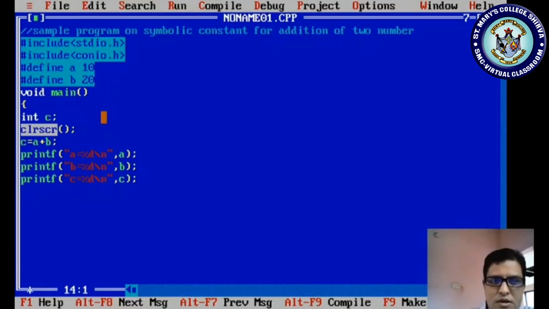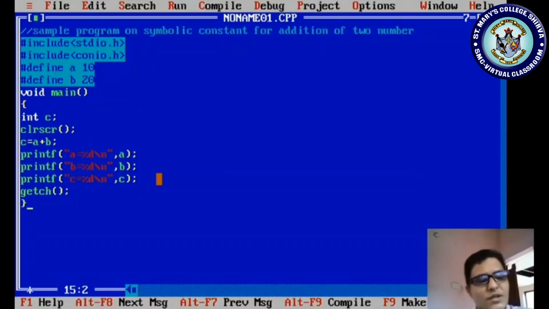Okay, clear? After this, what we have to do? We have to close our program. Before closing the program, if you feel it is the end of a program, then you type the getch. Then what is the purpose of getch? Instead of typing that alt F5 key, it directly displays the result screen.